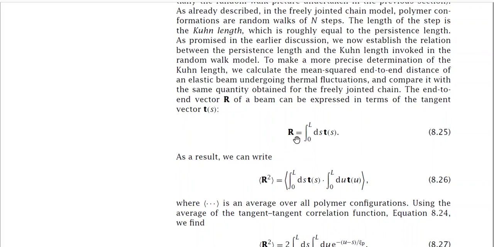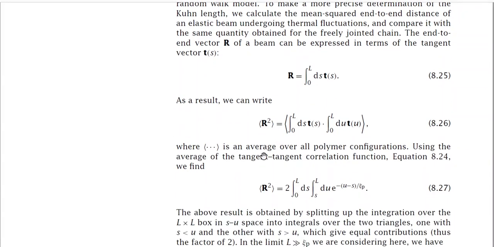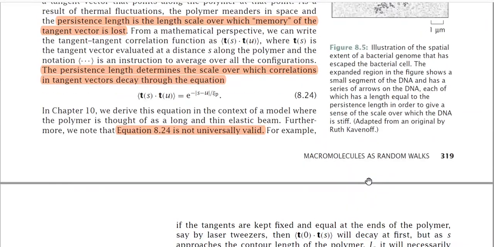As a result, we can write the average of R squared as the average of the integral from 0 to L of ds T(s) dotted with the integral from 0 to L of du T(u). So we have expressed the right hand side in terms of two parameters u and s, and here the average is over all polymer configurations. Now using the average of the tangent correlation function and the value estimated in equation 8.24, that is T(s) dot T(u) is equal to e to the power minus |s minus u| by epsilon p,